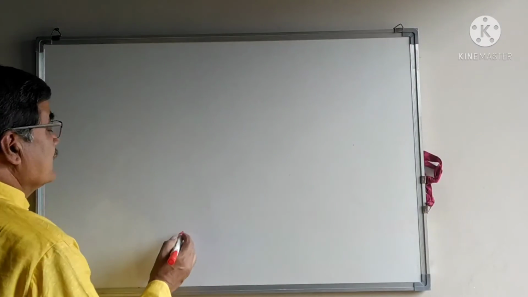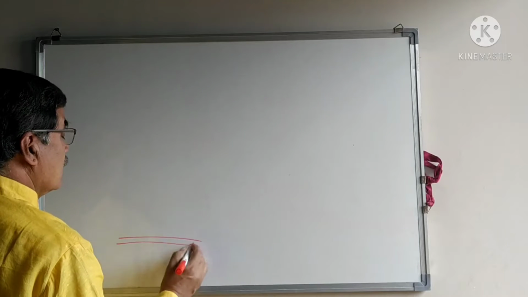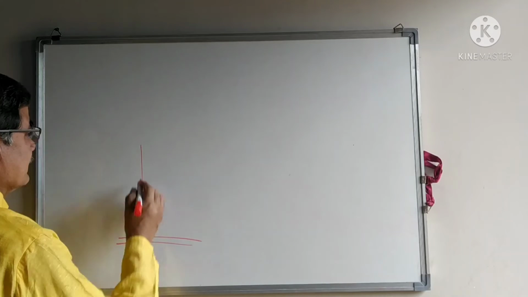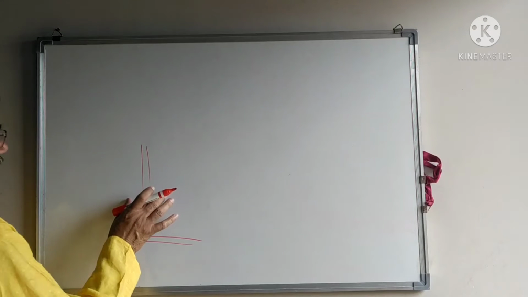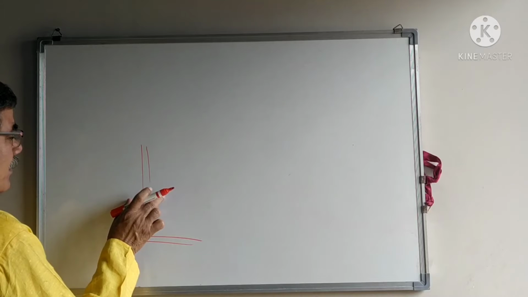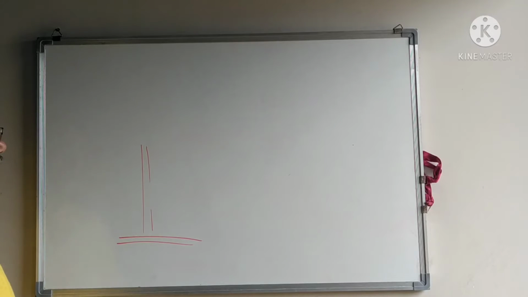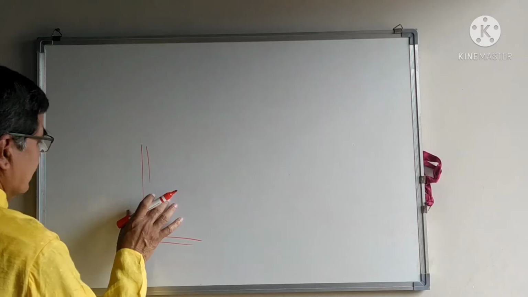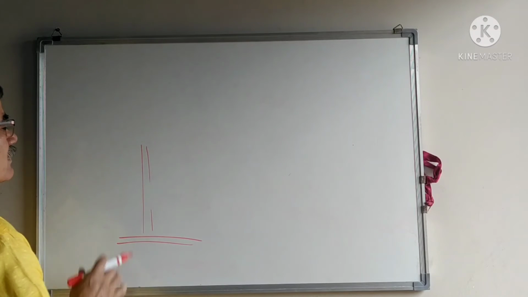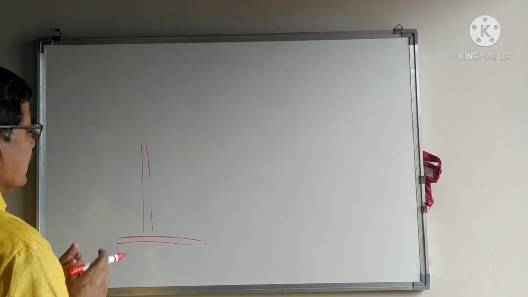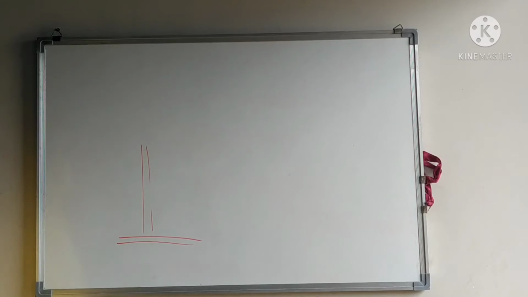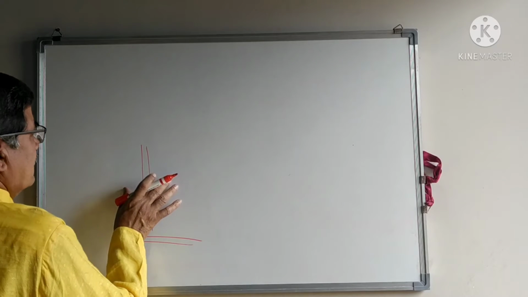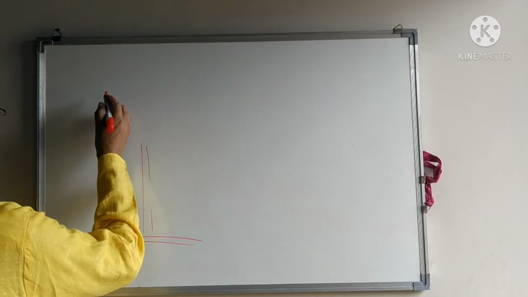Stem is the aerial part of the plant body. This stem is developed from the epicotyl of the plumule. Plumule further gives rise, through its morphogenesis, to the shoot system. That shoot system consists of the stem, leaves and flower. Here we are going to see the internal organization of the stem only.